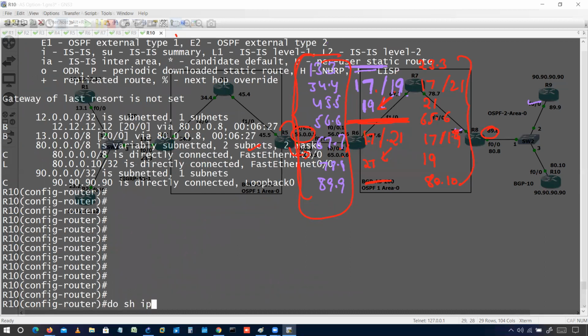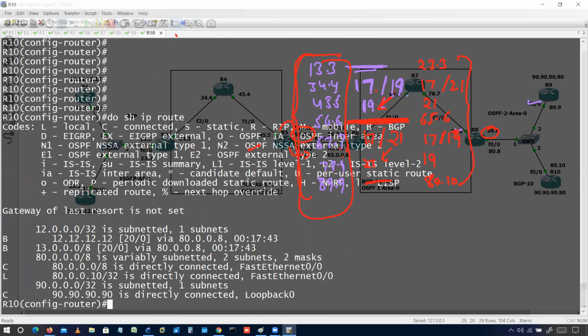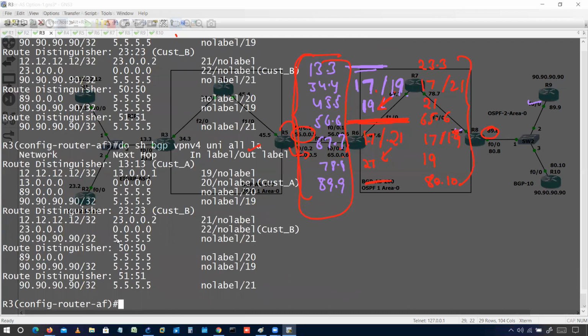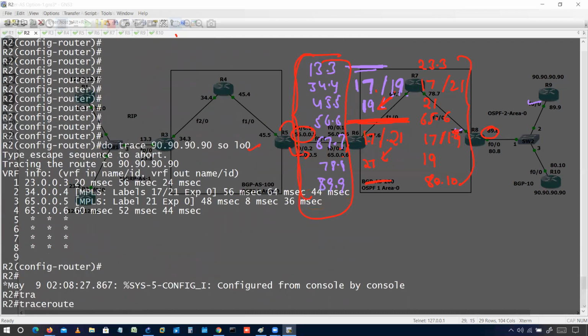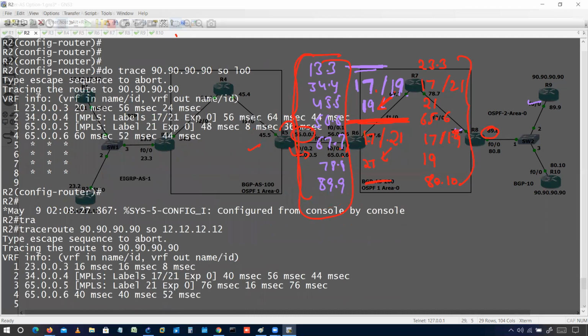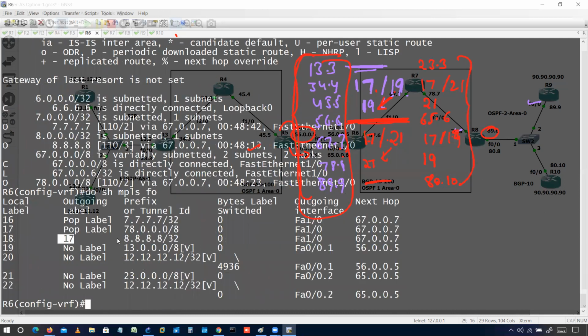And do show IP route. I am getting 12, 12, 12, 12, 12. We have 25, what is the issue here?